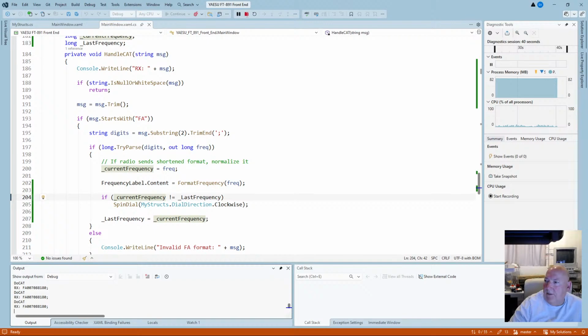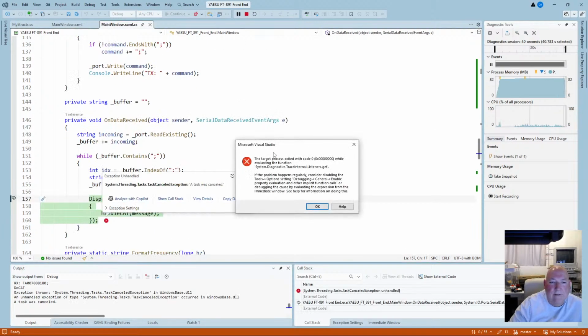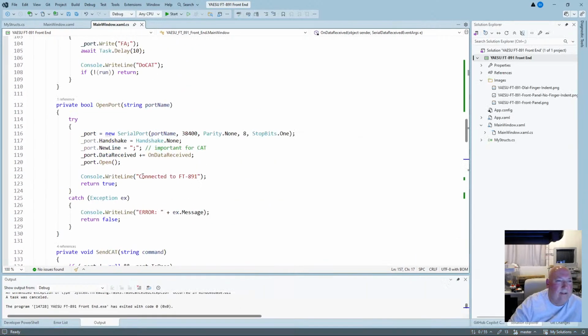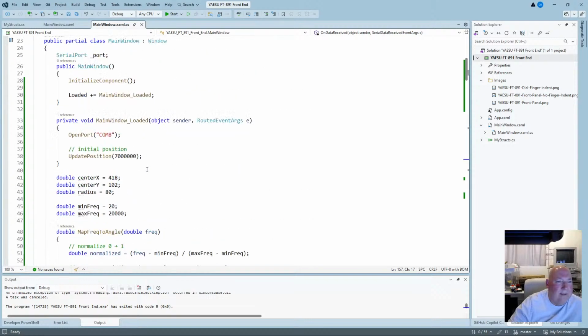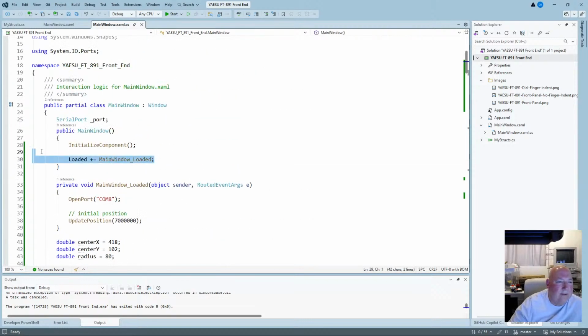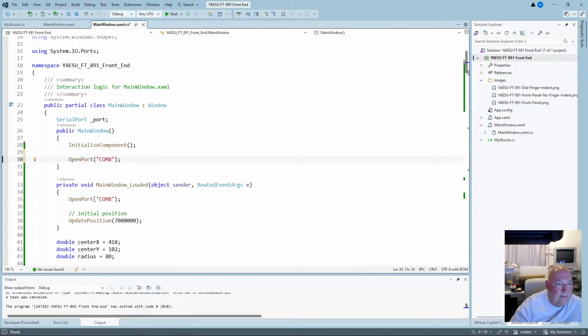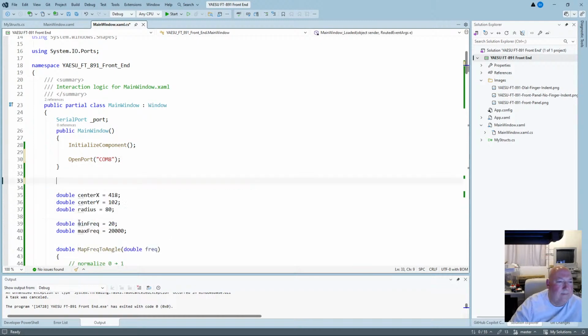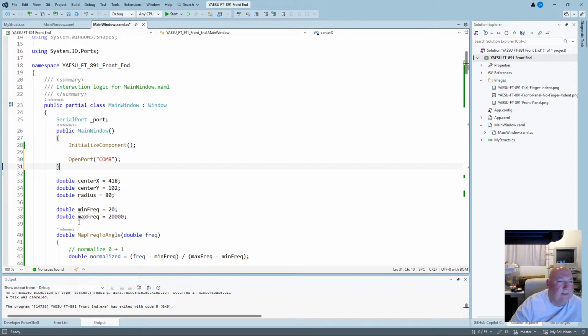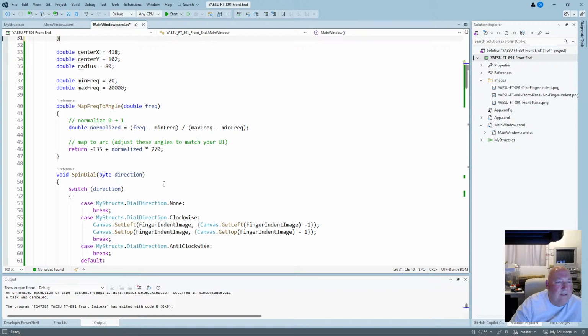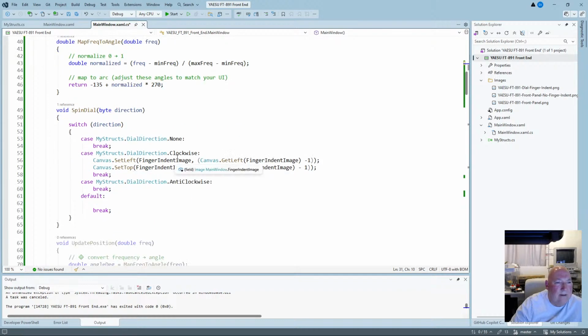Why has that suddenly stopped? Oh! Right, so let's get rid of some of this stuff here. Windows loaded, it's causing us a bit of an issue there. Never used to crash. Right, so put that back where it was. So going clockwise,